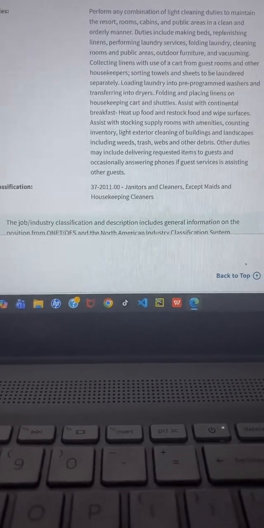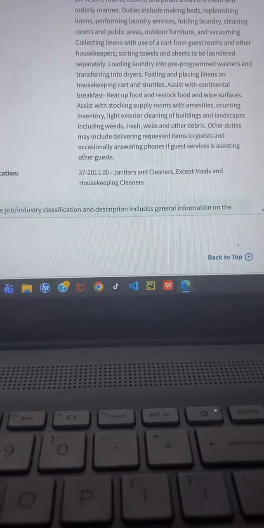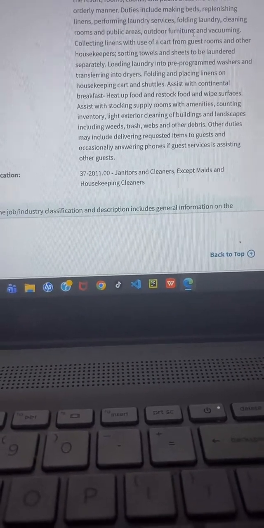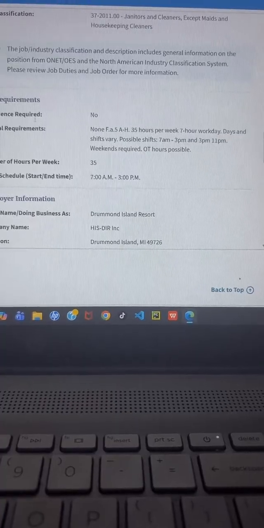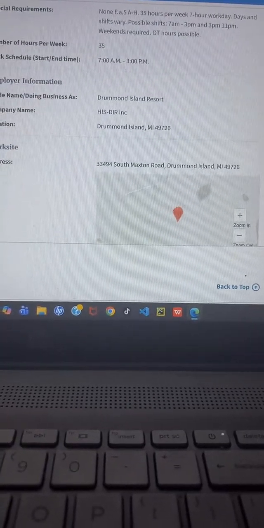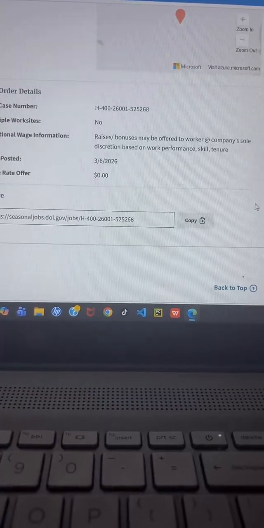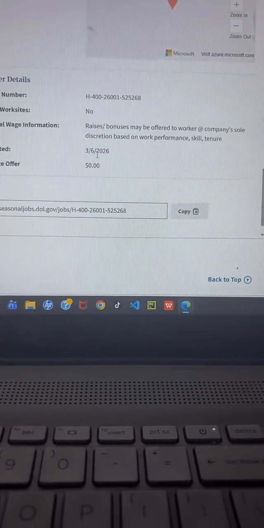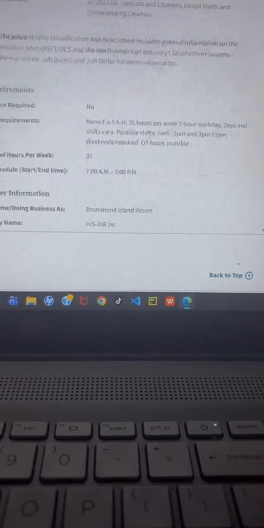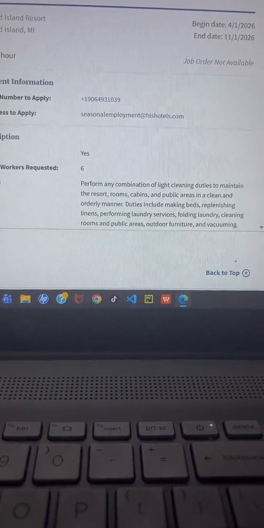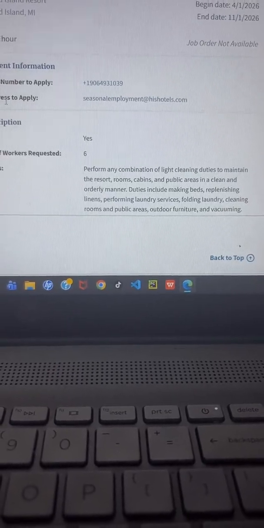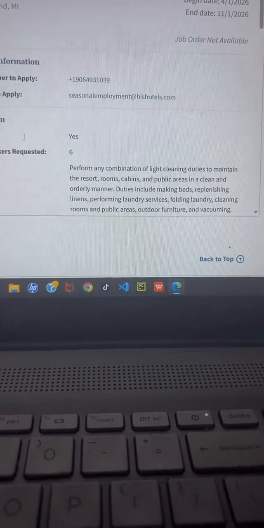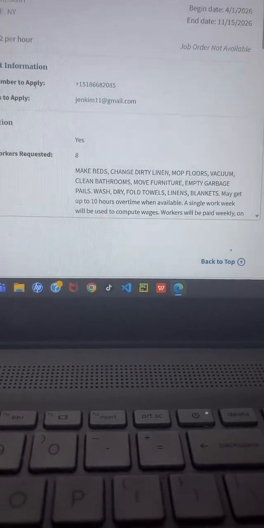Duties include making beds, replenishing linens, performing laundry service, and so forth. This says no experience. 35 hours per week. This was posted today. This is the seasonaljobs.dol website I am on, guys. Guys, tap the screen. So this is the email and telephone number. I'm gonna go on to the next one.